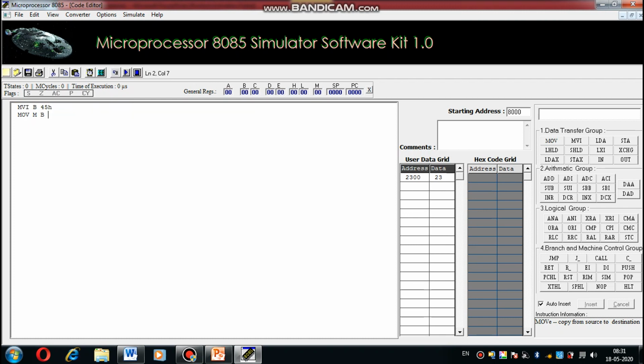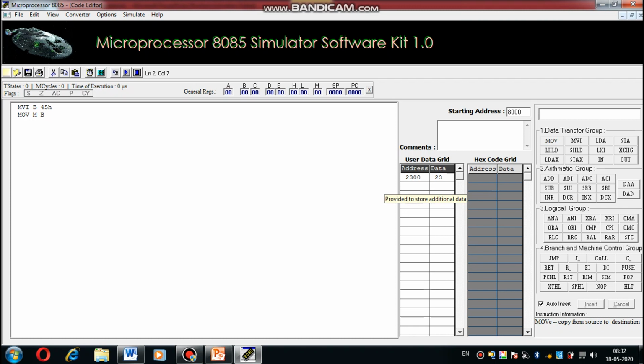B register: MOV M, B. Whenever this instruction MOV M, B is executed, the content of B register is copied to the memory register addressed by HL.